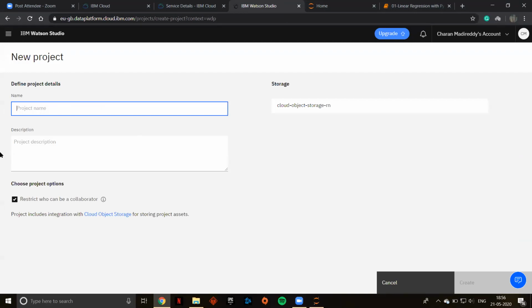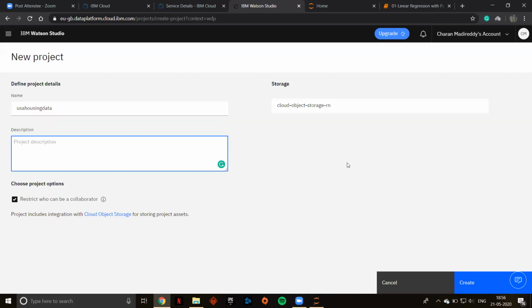Let us name the project USA Housing data, right? See, the description is optional. You can write the description or not, that is not a problem. Now I'm creating a project.